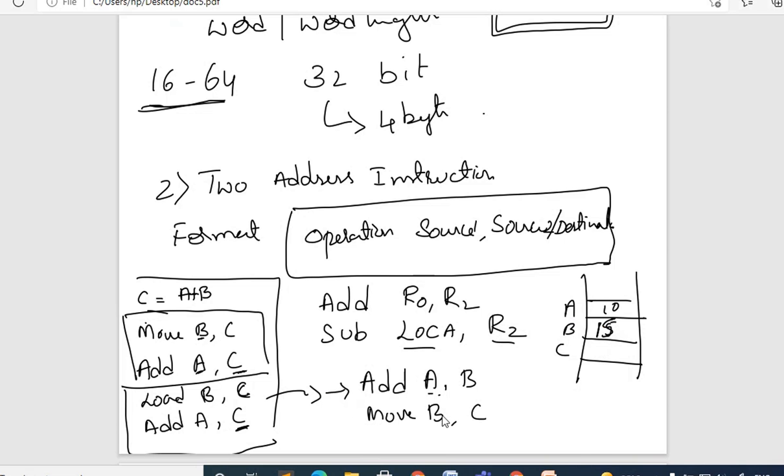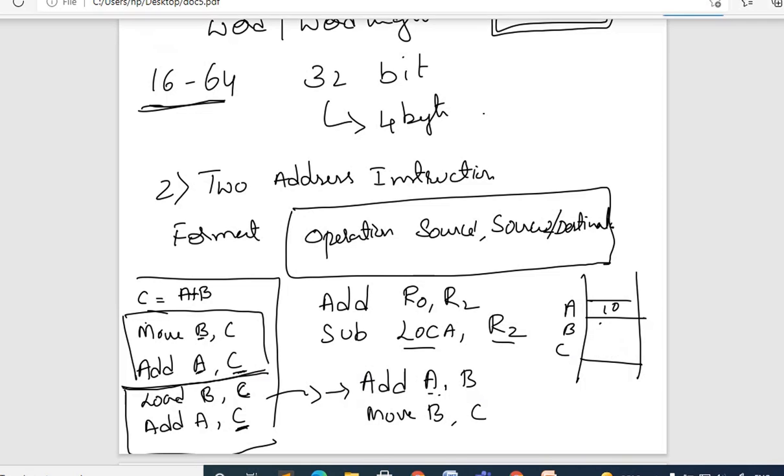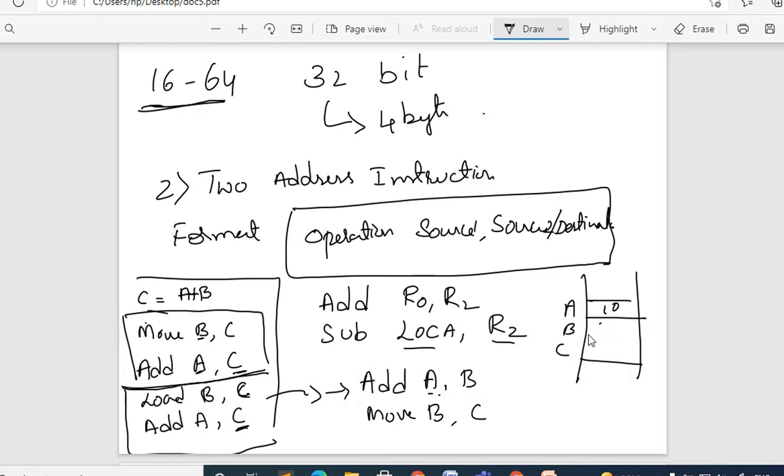And move B comma C. So whatever result we are getting, the final sum is stored into memory location C. It is going to modify the content. But if you are going with these instructions, it is not going to change the content of B. Let me explain that here. Consider the same example, 5 and 10.